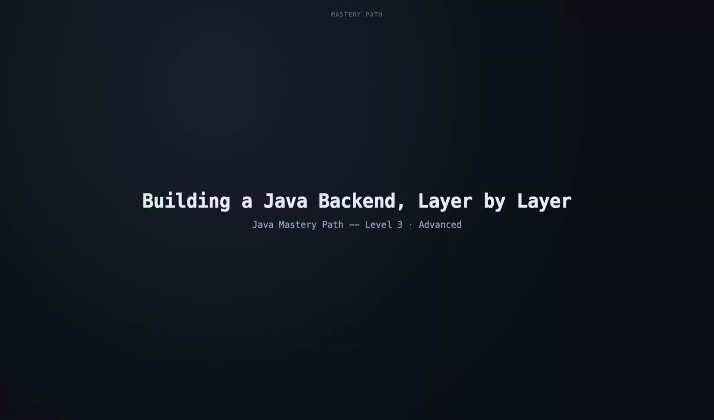By level 3 you already know Java's syntax cold. Now it's time to build the kind of backend service you'd actually ship. In this video we'll connect to a real database with JDBC, expose that data over a REST API with Spring Boot, clean up the design with a few battle-tested patterns, and then put every piece together in one full CRUD